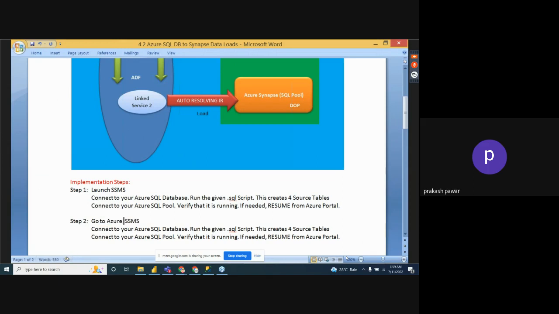Go to Azure portal. Then all resources plus create new resource. Search for data factory. Then specify a name